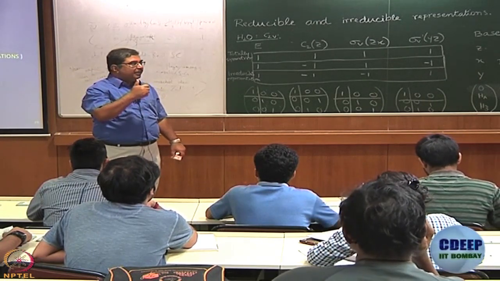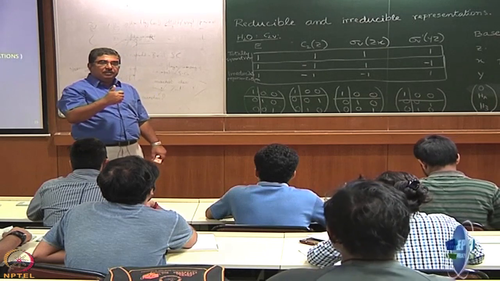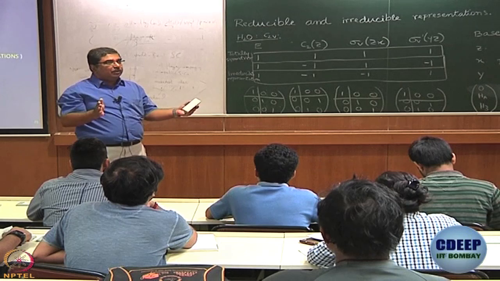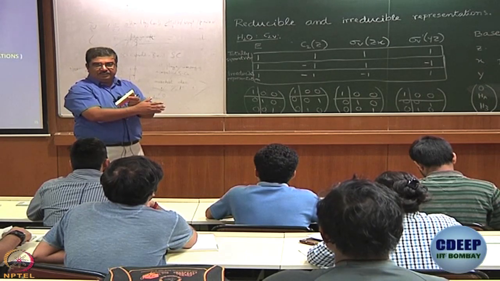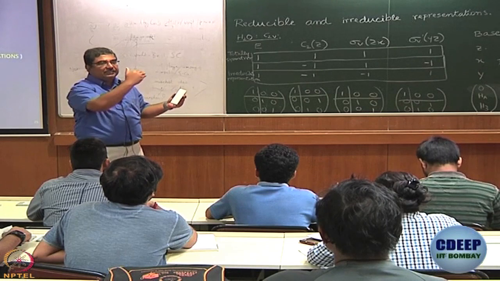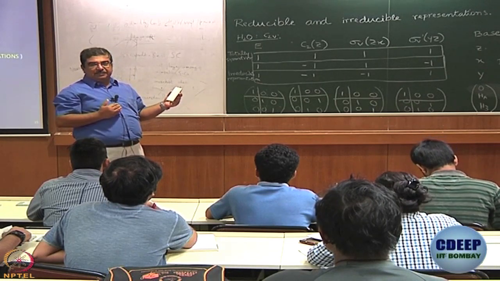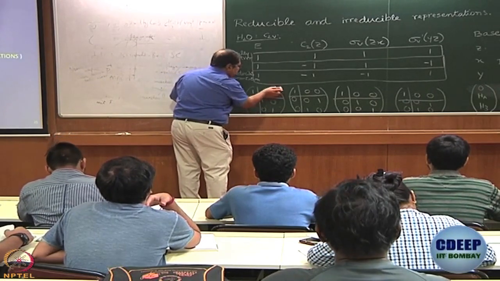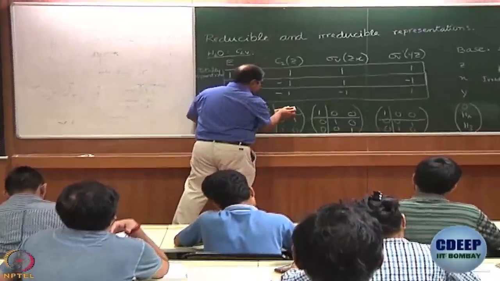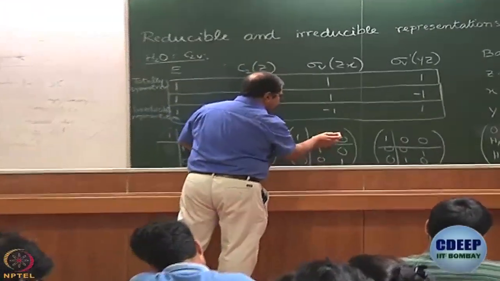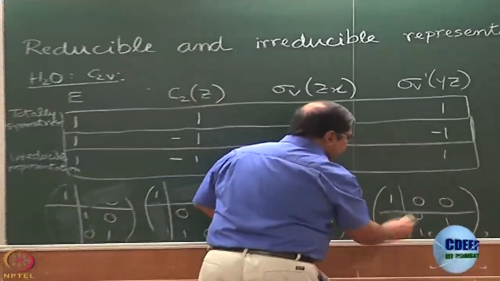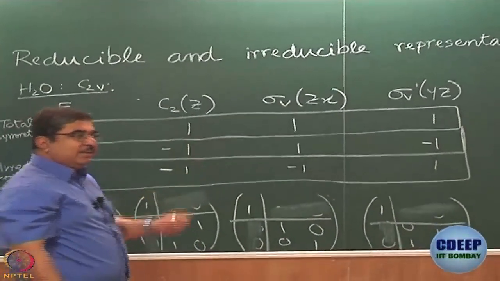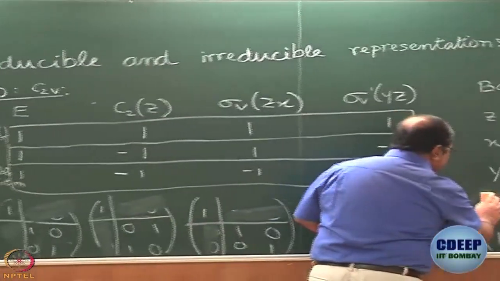One, O is unique, it remains the same no matter what you do, and the other kind of elements are HA and HB, which sometimes remain what they are, sometimes interchange. By block factorization, what I do is I separate O from HA and HB. Then let me erase. This is gone, this is gone, this is gone, this is also gone, this and this and this and this. So, what do you have? O is unique, right? So, what I will do is I will not write O in these brackets anymore.